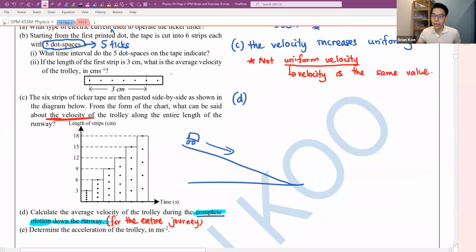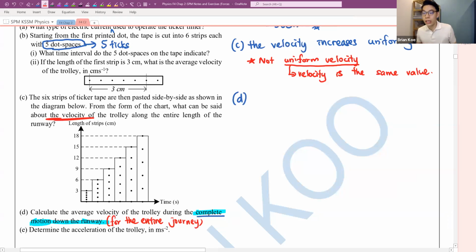Because if you read the question, you cannot tell if they're asking just the front part or just the back part, right? They're asking for the whole thing, the complete motion down the whole runway. So we're looking for the average velocity for the whole journey. Okay, for the whole journey. So the answer for average velocity,